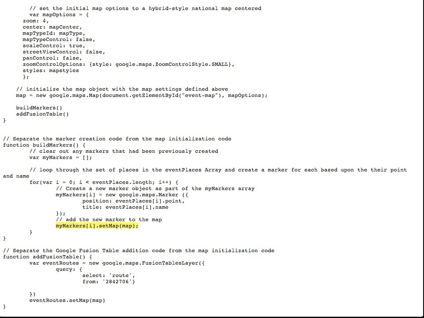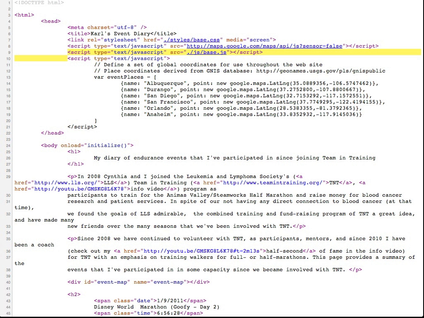So if we look back at our source, you can see that I have this variable that I've created in a block of JavaScript that is within the HTML, where I have created a variable called event places that consists of an array of these name value pairs, where there's a name of Albuquerque, for example, and a point that is a Google lat long point. And I have a list of these. And this is what I've been processing to create all the different map